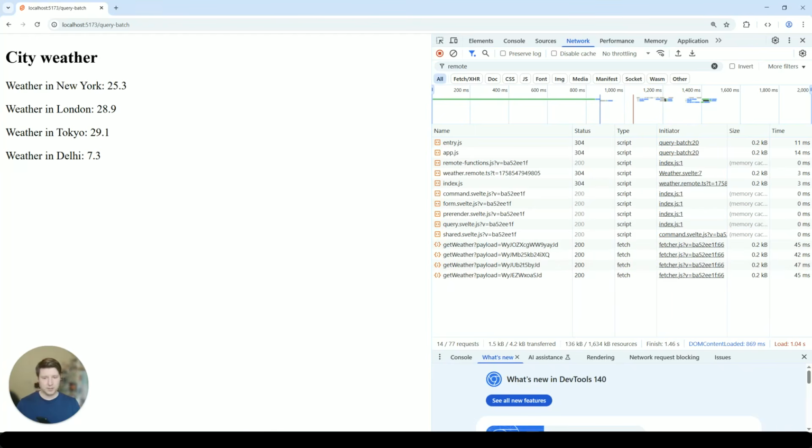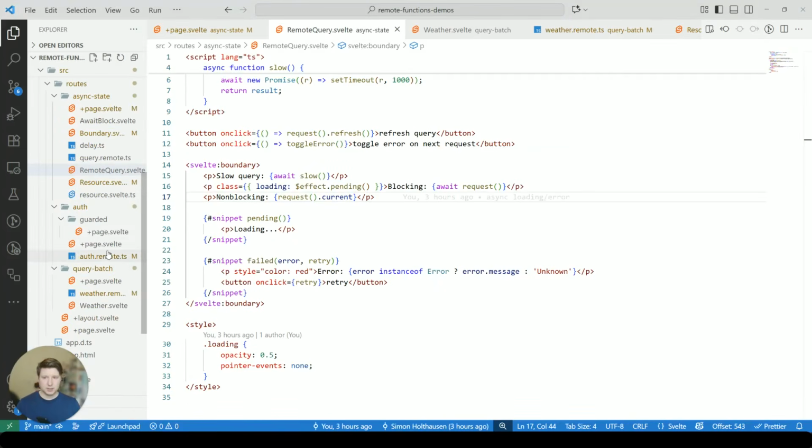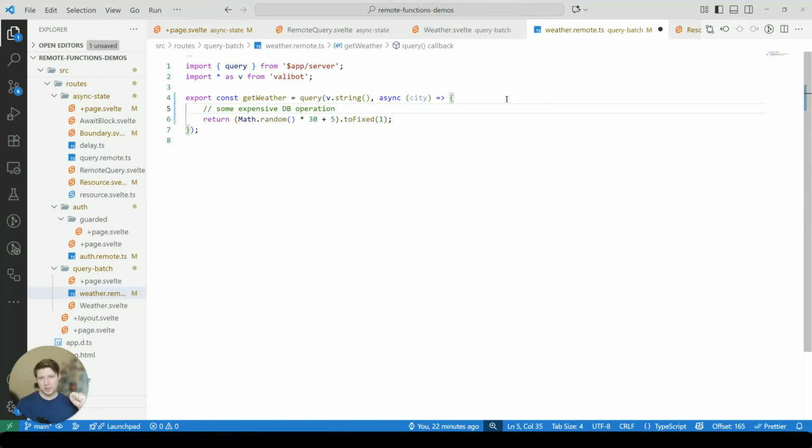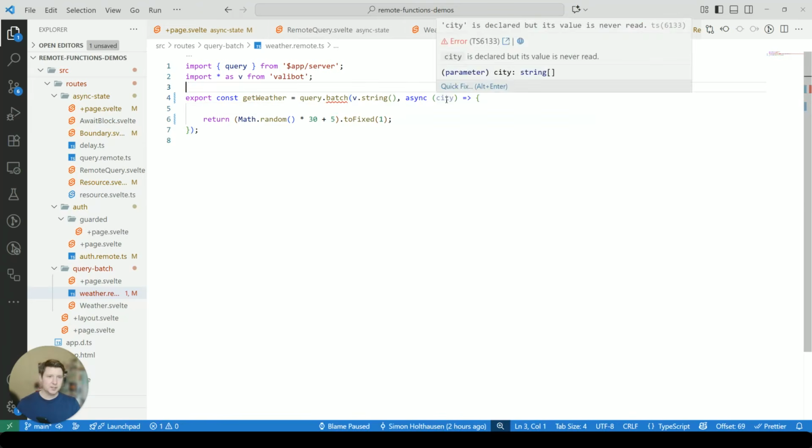And so our weather query looks like this right now. So it's just a regular query. And now instead of making 4 requests, we only want to make 1 basically. Because imagine some expensive DB operation is in here. Then I don't want to make that expensive DB operation 4 times in here. Ideally, I want to make it only 1 time. And in order to do that, we can turn this query into query.batch. And instead of city, this is now a list of